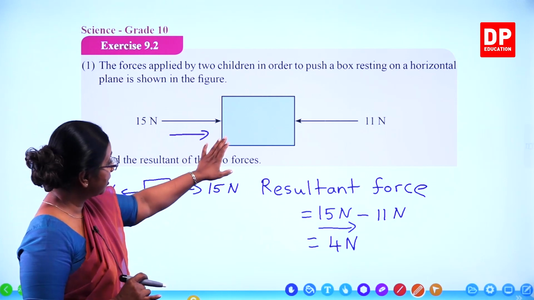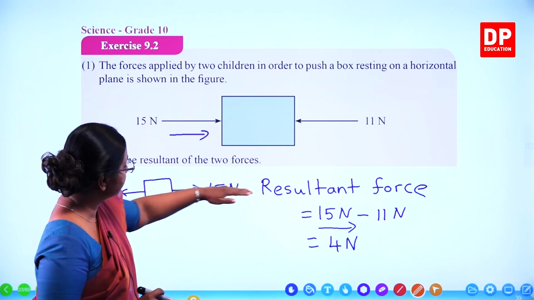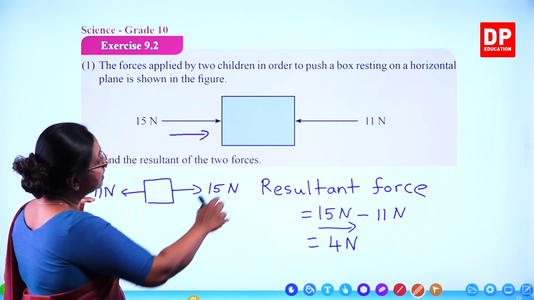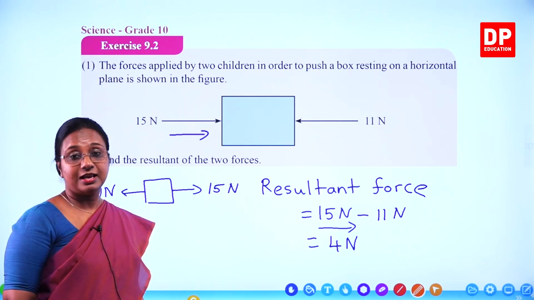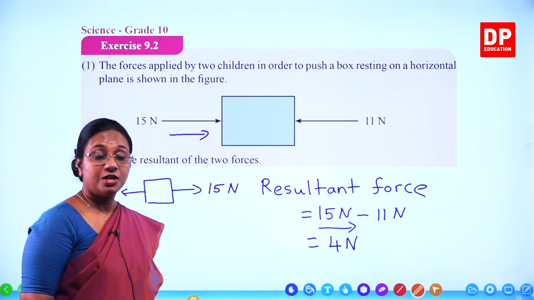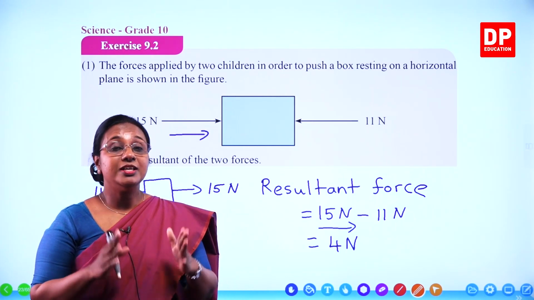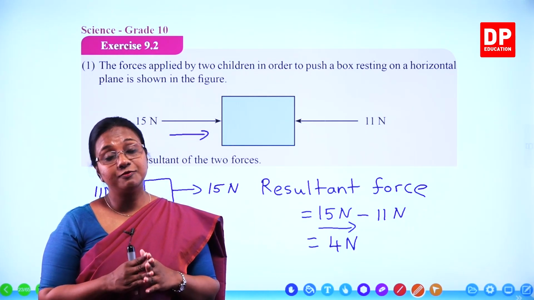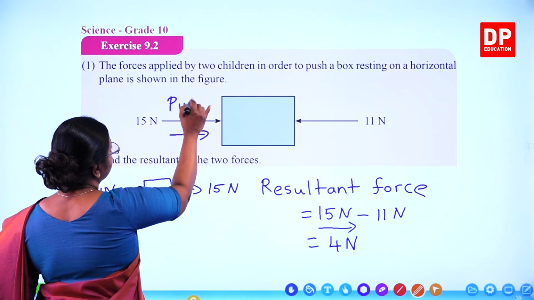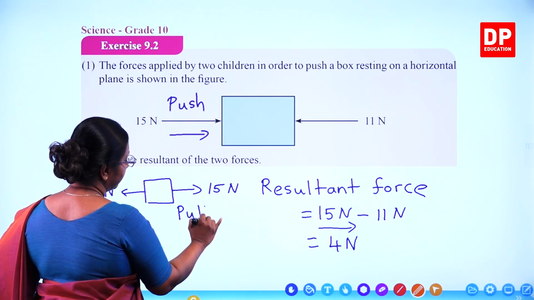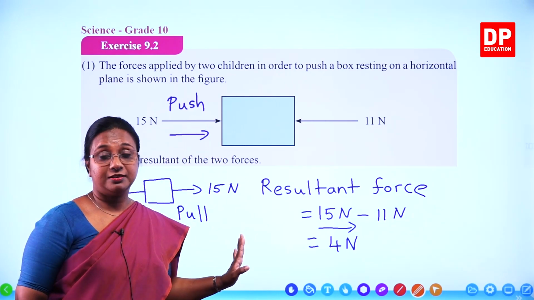Even from this, if you are confused there, you can look at this diagram. When there is a push, that means it's towards this direction, and the 11 Newton towards this direction. So 15 minus 11 in that direction. Same as this instance. So these arrows, you all are familiar with that. I am sure you know it depends on how we exert the force, whether we push or pull. So here it's push. Here this is exerted as pull. That is the only difference. But they give rise to the same effect.